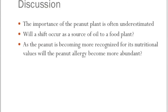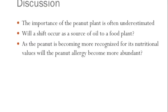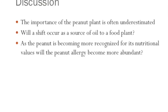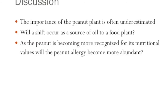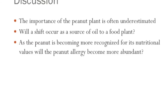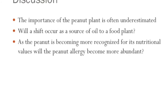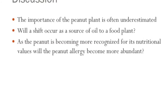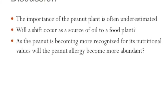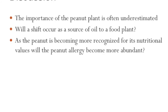We've discussed the origin, the uses, and the impact of the peanut plant. This leaves me with a few main takeaways and questions. I believe the importance of the peanut plant is something that is still very underestimated, and I wonder, as the peanut becomes more recognized for its nutritional values, will the peanut allergy become more prevalent, and what will be the consequences of this? And on a separate note, will a shift from a source of oil to a source of food occur from the peanut plant in regions outside of the United States and South America, such as in India and China? And if this does occur,